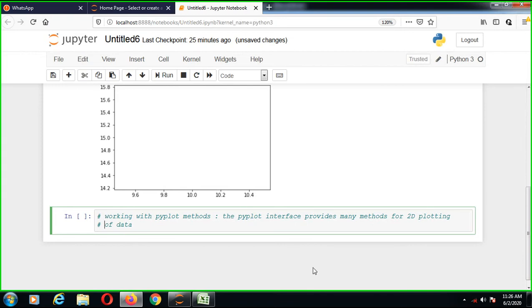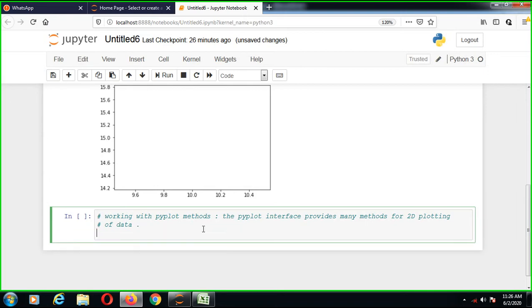But first clear the things. Okay, how can we use it? Vectorized operations perform. So working with pyplot methods, the pyplot interface provides many methods for 2D plotting. So some values are needed for this. Another value is using numpy arrays. Okay, numpy means numerical Python or numeric Python, we can say that. So we can call numpy an open source module of Python